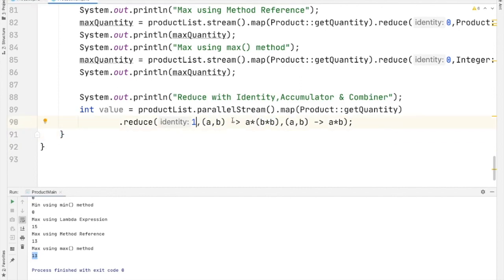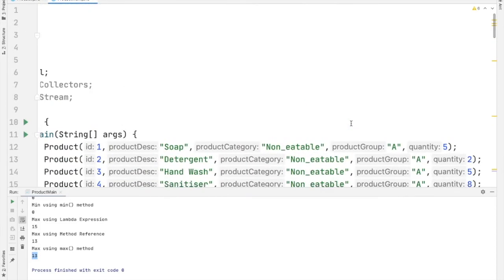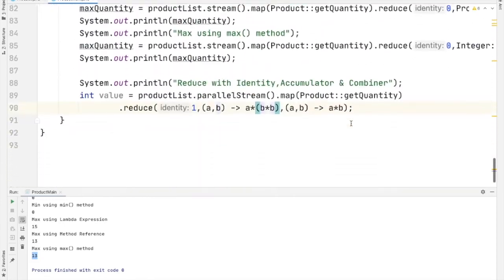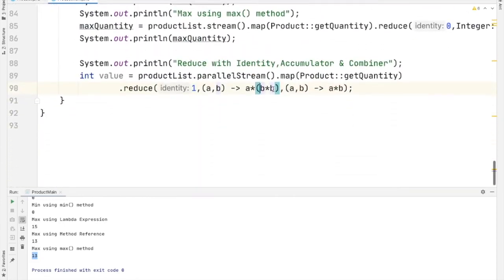So this will start with 1 into, as our first value is 5, then the result will be 1 into 5, that is 5 square 25. Next 25 into the next value. Next value we have is 2. So 25 into 2 into 2, that is 4. So 25 into 4 comes the next value. Likewise, this logic is applied to all the quantity.